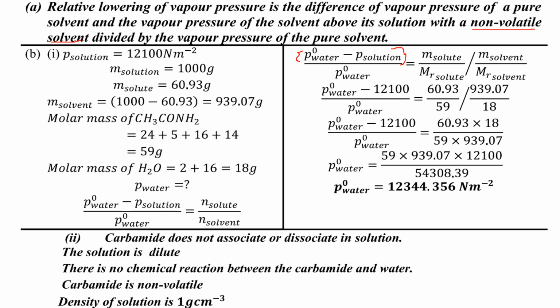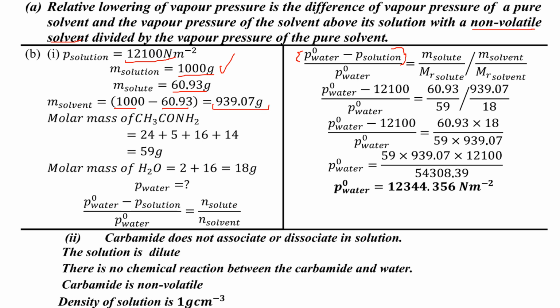Now if you look at part B, if you have to summarize all the data given, vapor pressure of the solution is going to be equal to 12,100. Mass of the solution is going to be 1000 grams, and mass of the solid was given to be 60.93 grams. Now you're going to get the mass of the solvent. Since you have the total mass of the solution, we get the mass of the solvent by getting the difference: 1000 less 60.93,